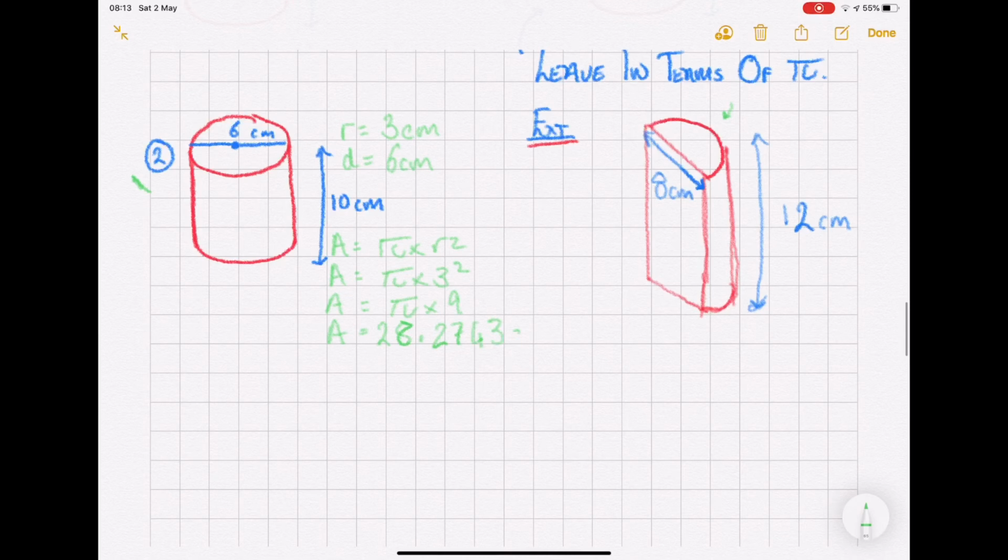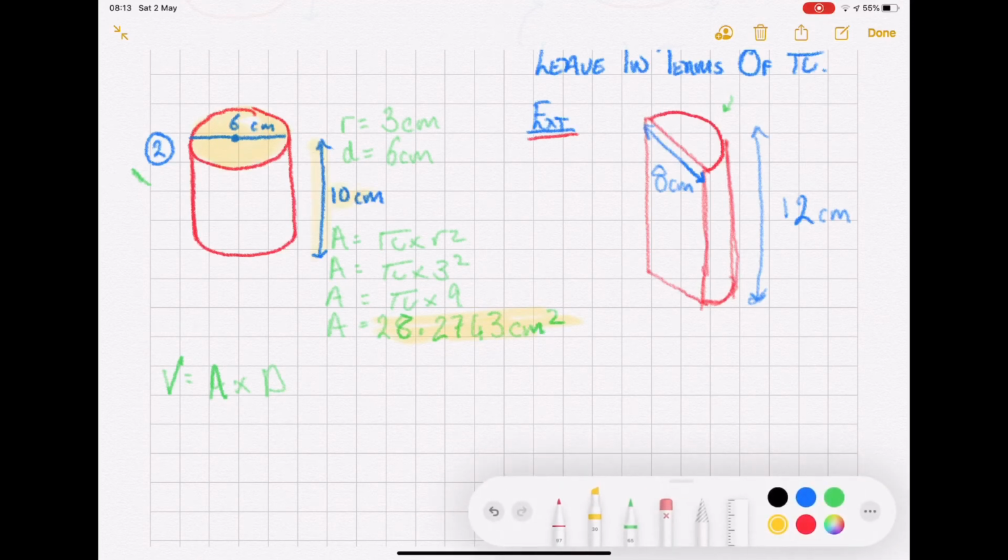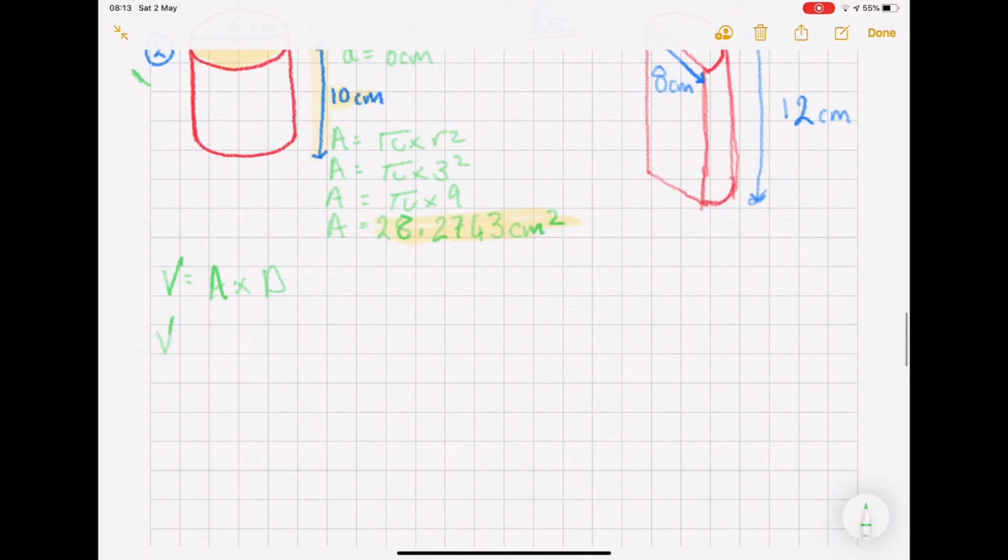28.2743 centimetres squared. Fantastic. Okay, now we said that the volume is the area times by the depth. So it'd be our area, which is that, times by our depth, which is 10 centimetres. Okay, fantastic. So volume is 28.2743 centimetres squared times by 10 centimetres. 282.19